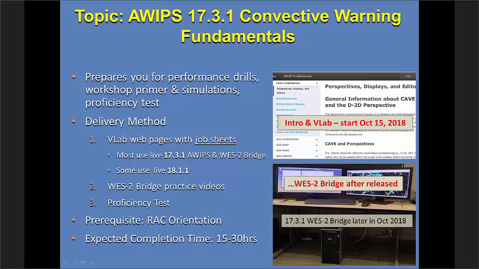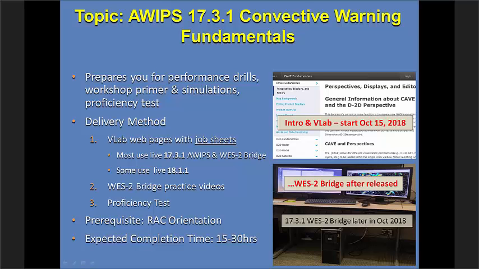You will need this when you start implementing RAC training in the RAC warning decision-making exercises and simulations in the workshop primer and the workshops. Now, all RAC students must take it, including the experienced ones, because it's important that everyone have the same WTD-approved skill set and be on the same page when they work together as a warning team in our workshop simulations